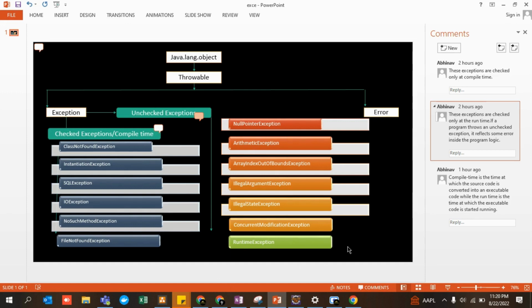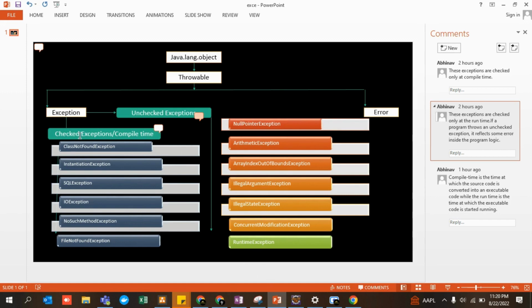Guys, whatever I am saying, word for word, please hear it out carefully, right? So again, I'm reiterating this line: if a program throws an unchecked exception, it is reflecting some error inside our programming logic, which means that our programming logic is not efficient, due to which this particular error has occurred, right?